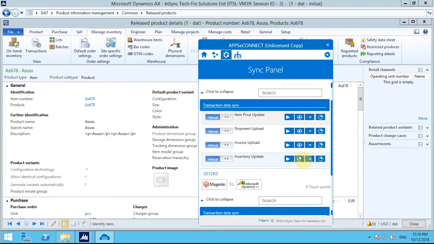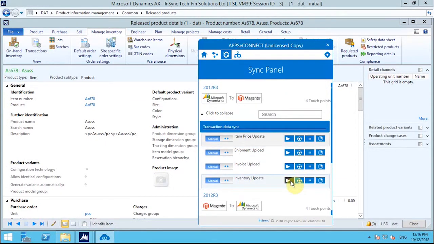Now if I open the APPSeCONNECT agent, there is the option to update your inventory through inventory update. Instead of doing this manually with a manual trigger, you can do this automatically as well, using an automatic trigger, and there is an interval time period you can set for 1 minute or 2 minutes, and automatically every time you adjust your inventory or stock, those can be done. So in this way you can